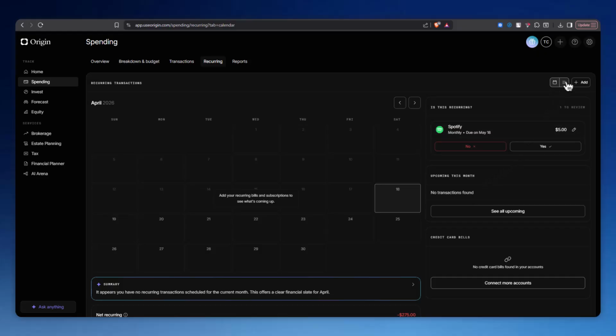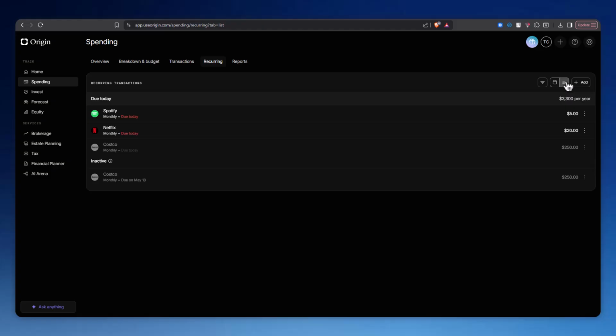You can also switch to the List view, which shows your upcoming subscription payments by date. This helps you see exactly when money will be deducted and plan your cash flow better. On top of that, Origin provides quick cancel links for many popular services, so you can unsubscribe without searching through